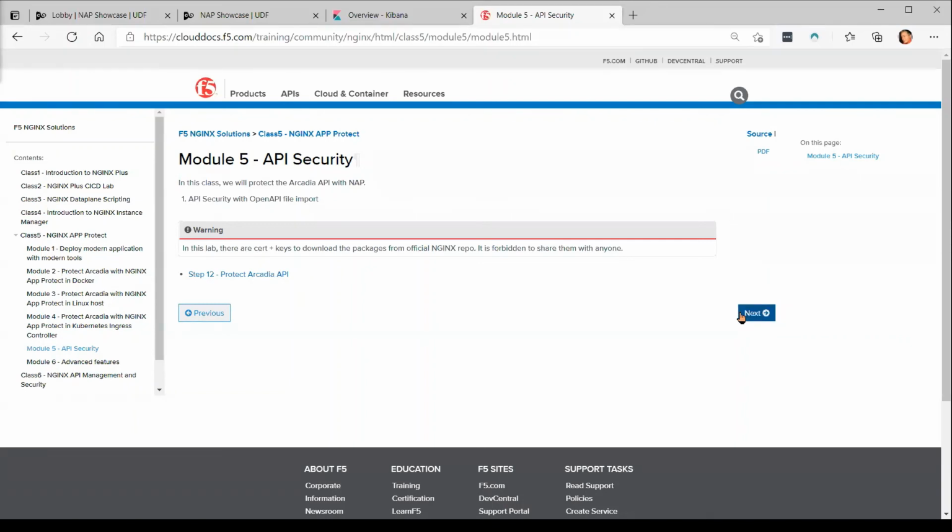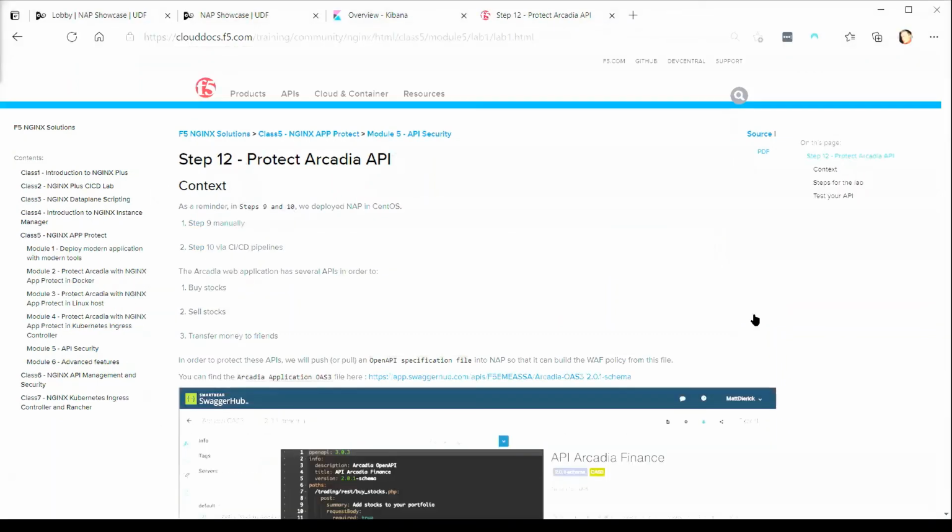So from that perspective, we have been protecting APIs all day. That's what we've been doing. We've been protecting a web server, but we've been doing it in a very bird's eye perspective way, just simply taking into account the entire HTTP stack of layer 7 and just carpet bombing it with protection. You can very, very well use a scalpel rather than the broadsword that we've been using today to protect your APIs.